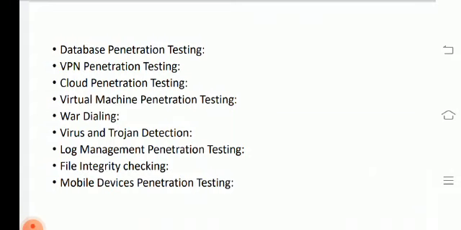Okay, next is mobile device penetration testing. In mobile penetration testing, the pen tester tries to access and manipulate the data on the particular mobile device, simulating all possible attacks such as using social engineering and uploading malicious code. Okay, mobile device penetration testing pinpoints and addresses gaps in end user awareness and security exposure in these devices before an attacker actually misuses and compromises them. Okay, so this is the mobile device penetration testing.